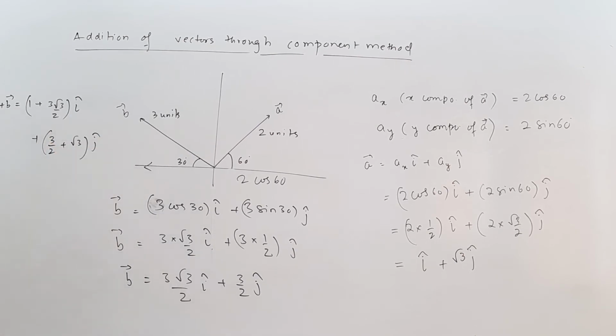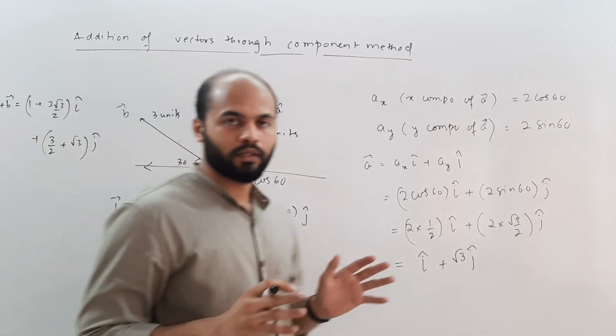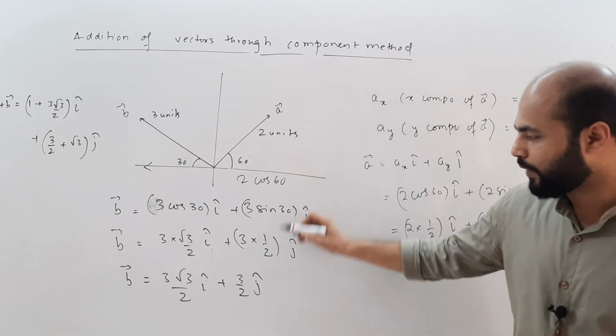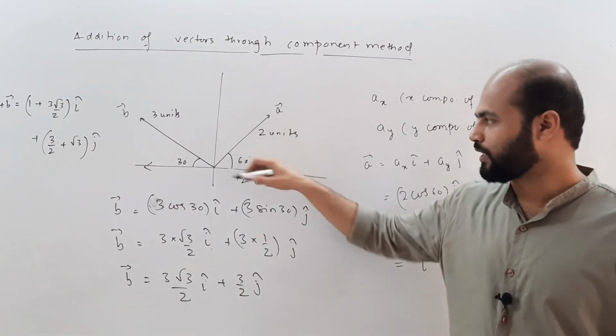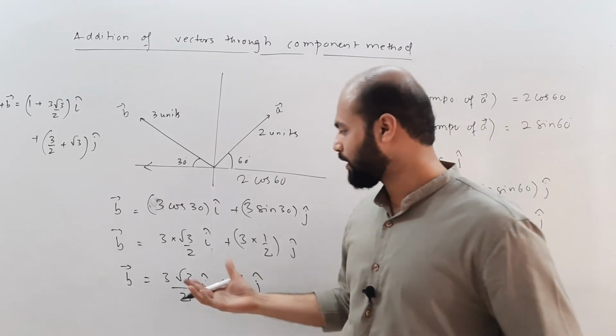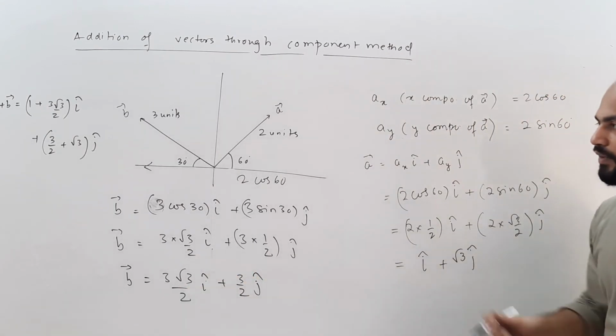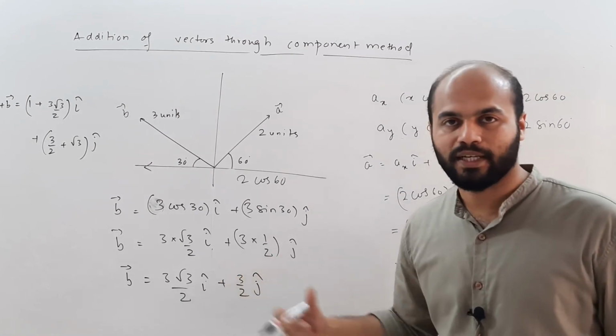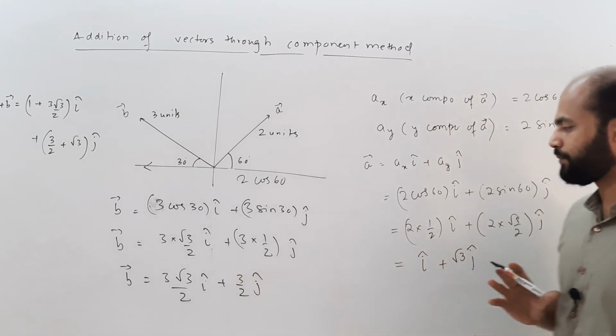Now although the numbers look complex over here, the main point that you have to understand is getting the vectors till this stage from the given stage. So you have been given some data, and then we have to arrive at this conclusion: given the magnitude and angle, how can we find the actual vector representation of a particular vector?